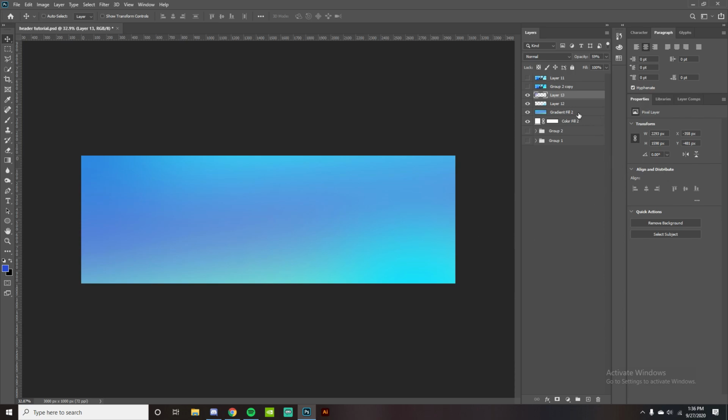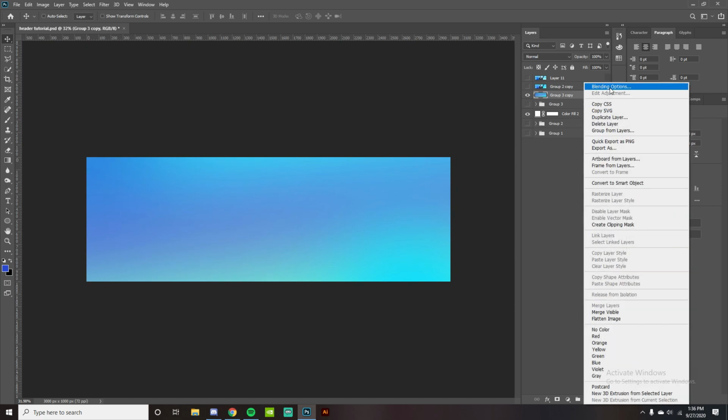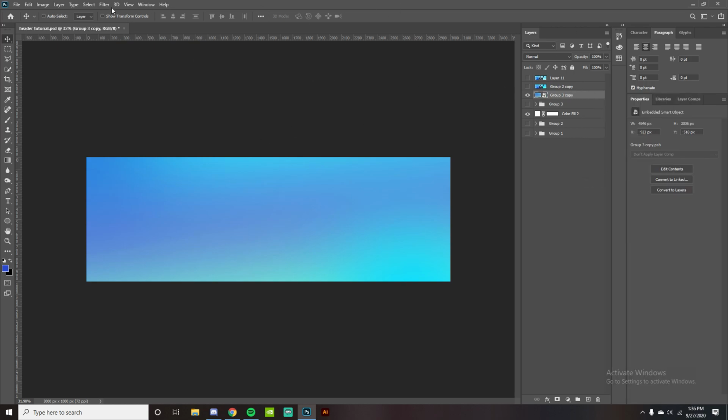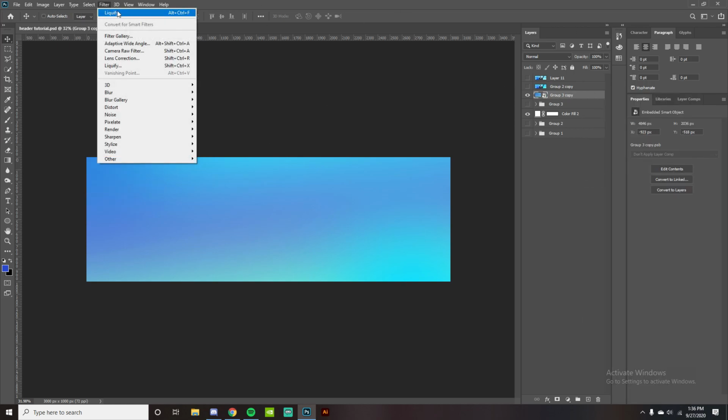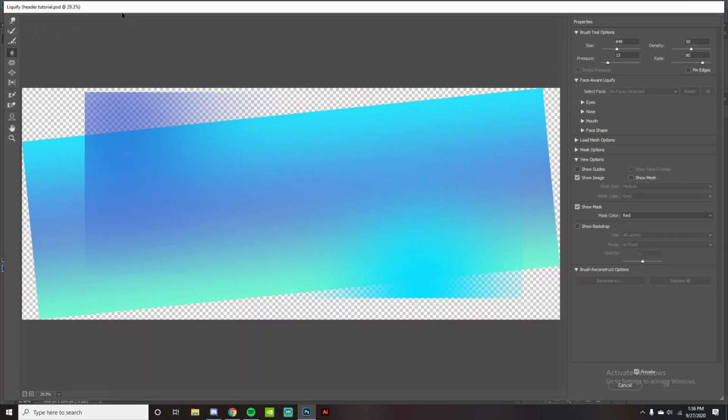So once you have this, you're gonna want to group it, duplicate it with Command J, and then Command E, which will merge the whole thing together. Make sure it's a smart object. So right click, and then convert to smart object. And then you're gonna want to go to filter and then liquify. This is where all the abstract stuff